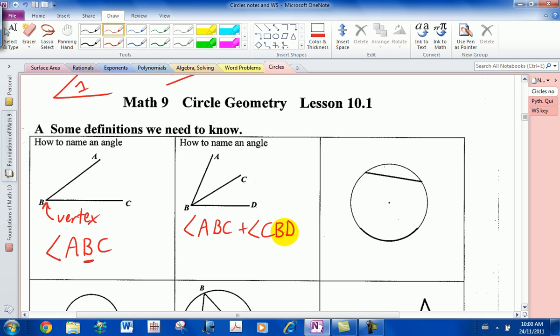CBD. And what do those 2 angles add up to? What's the name of the large angle then? Raj? The whole thing? But we only use 3 letters. So we start at A, we go down to B, and then we finish at D. Perfect. Okay. So even though we have 3 angles in this diagram, we can